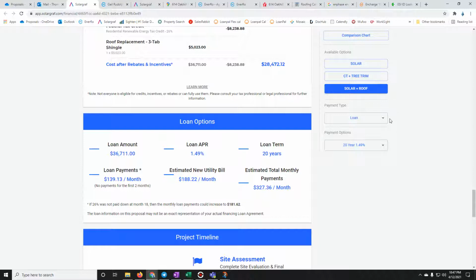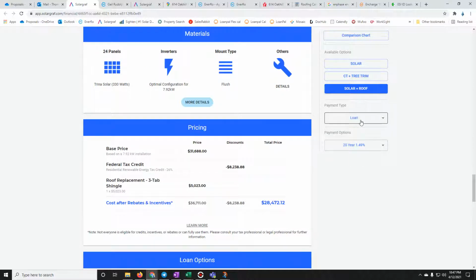The only reason I don't have it activated on here now is because so few of our jobs are cash buy deals, and I don't want there to be confusion in the pricing you're showing, because it will always show cash before loan, and you'll have to go in and change it manually each time. So just to avoid that, it's going to be defaulted to loan, and based off where you're at, if you're in CPS, Encore, AEP, you're Houston or Corpus, you're going to get the 20-year 149. If you're PEC, Co-ops, Magic Valley, etc., Austin Energy, you're going to get the 25-year 199, and that will show